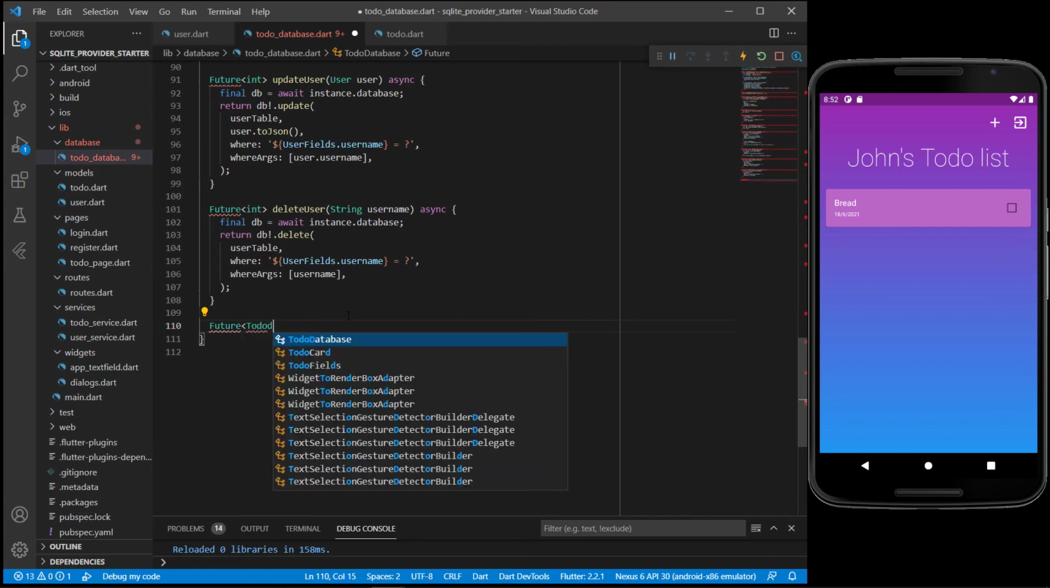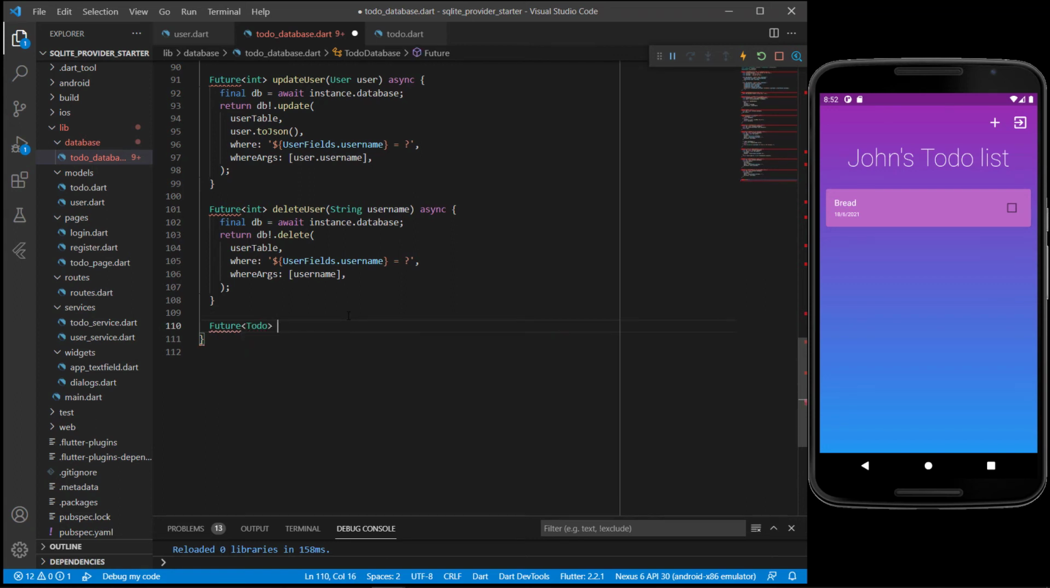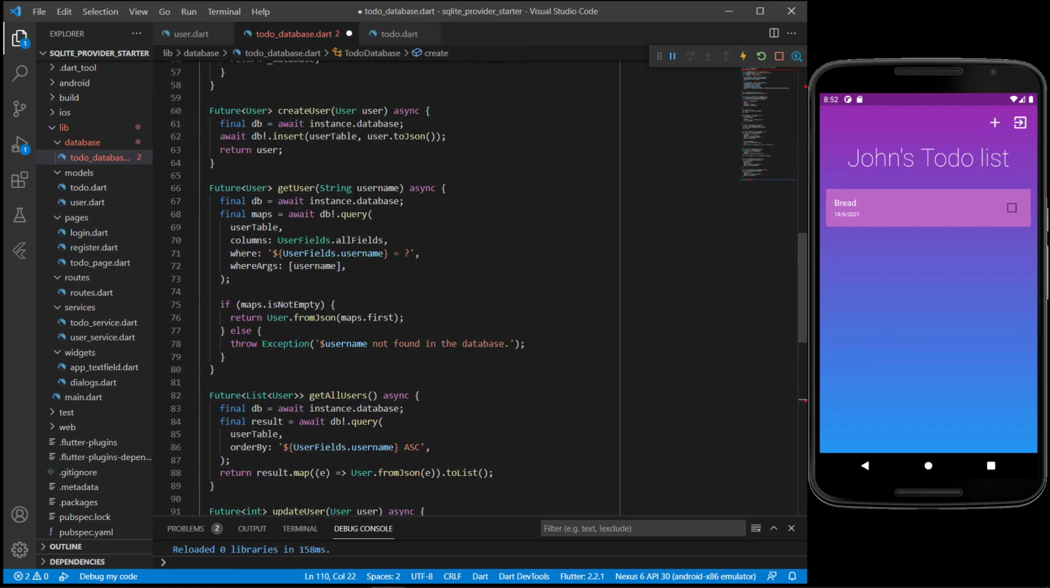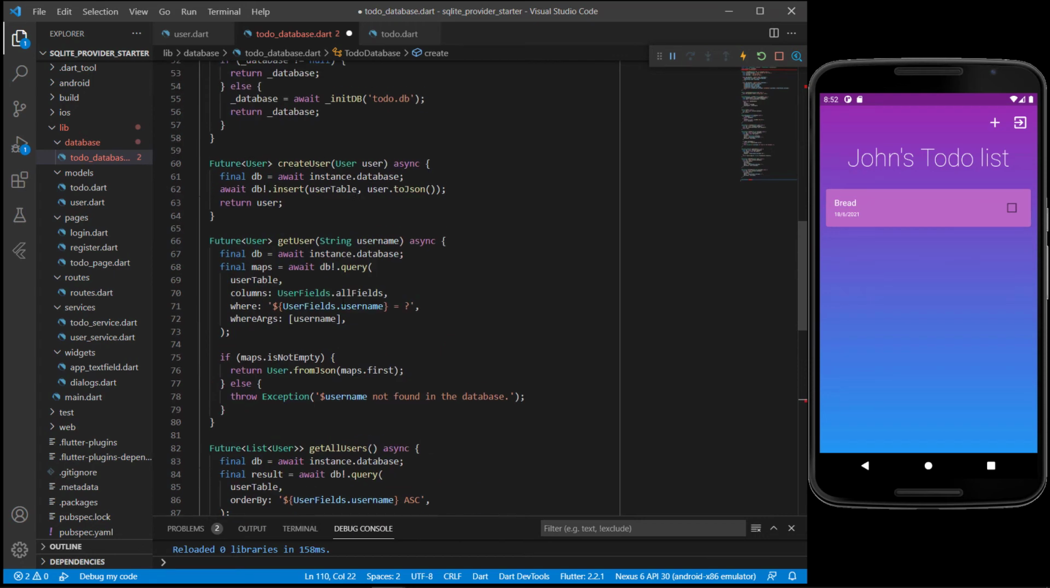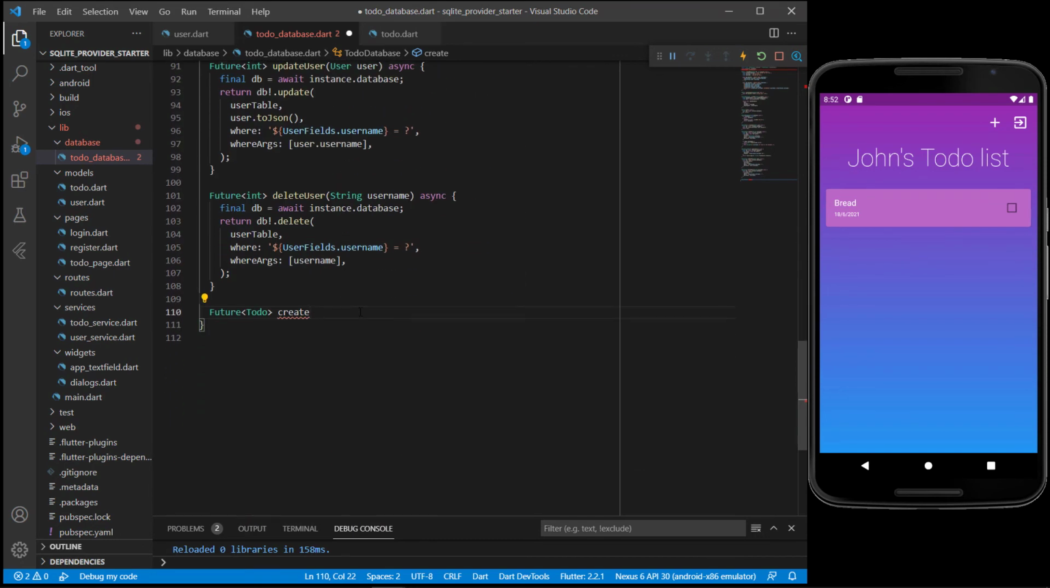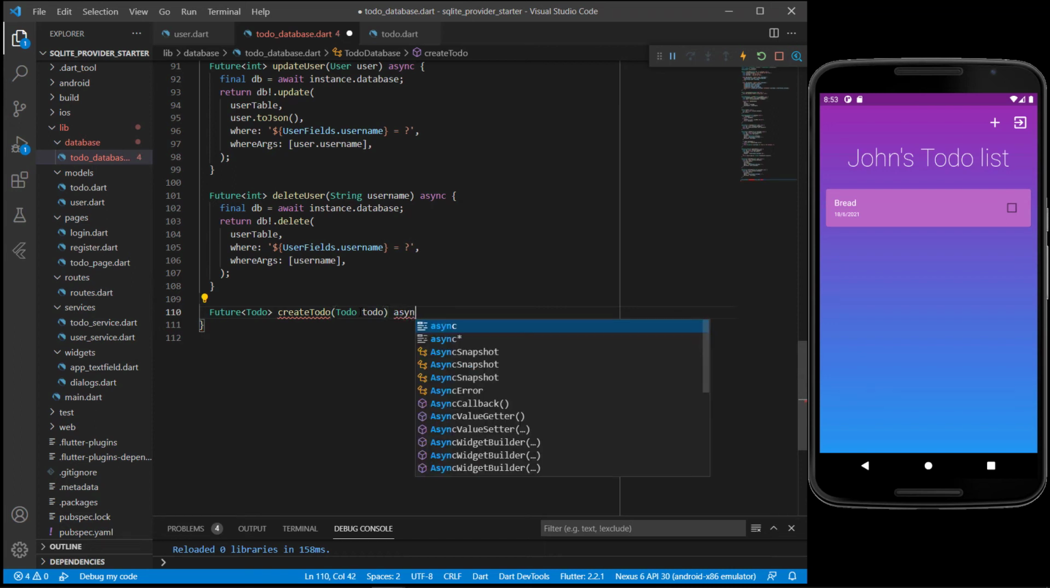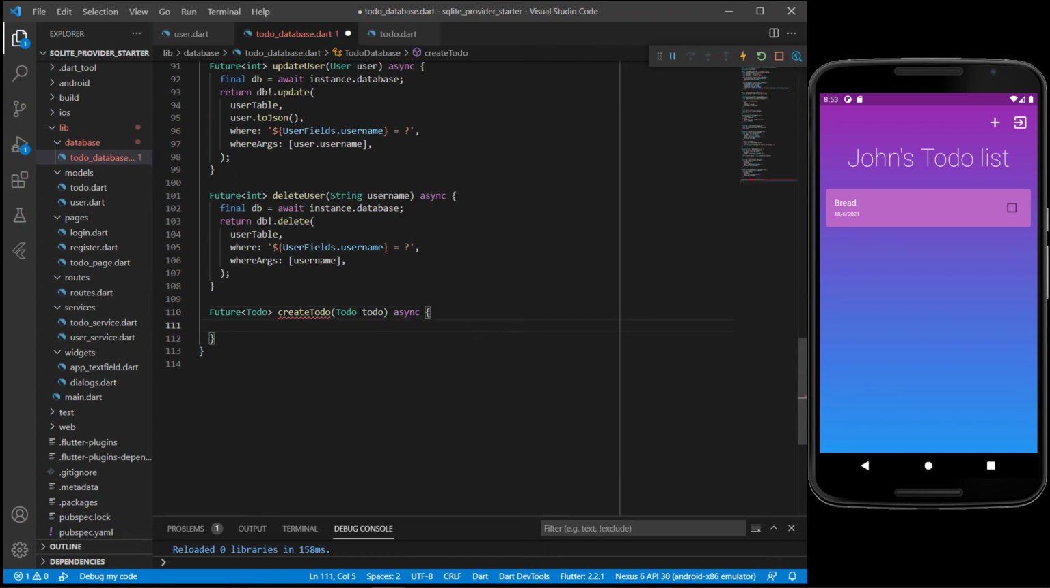So for the to-dos, we're going to get back a to-do here, and it will just be the one that we're creating, like we did for the user. So you can see there for the create user, we also got back the user we created. Okay, so we're going to say create to-do, and we want to pass in a new to-do that we want to insert into the database. Again, it's going to be an asynchronous function like we had at the top. It will be final db equals await